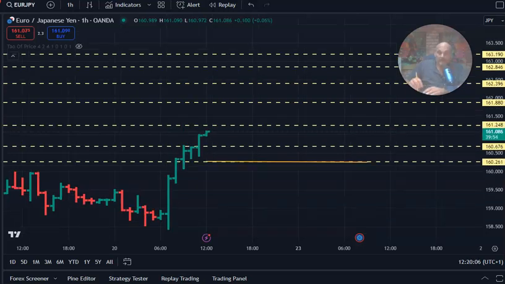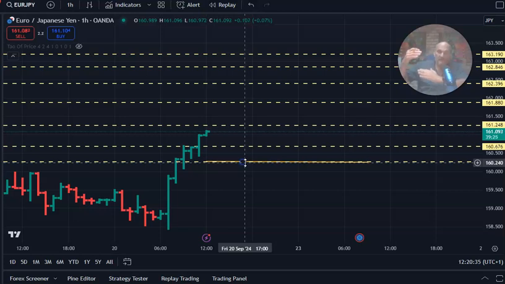After that, in euro yen, we got resistance, like I said, at 161.25, which is very, very close to here. Now, if we can get above 161.25, the next levels up are 161.88, 162.39. Now, the critical price in euro yen right now is 160.25. It needs to hold above 160.25 in order for it to continue to keep attacking these upper levels.